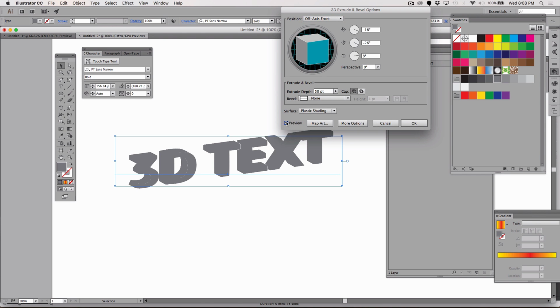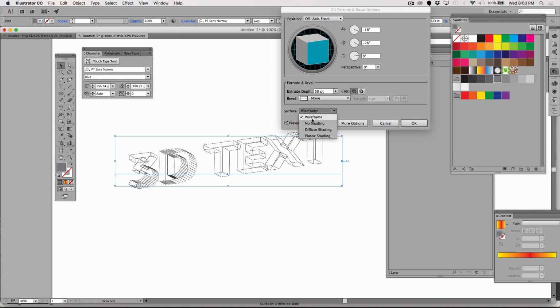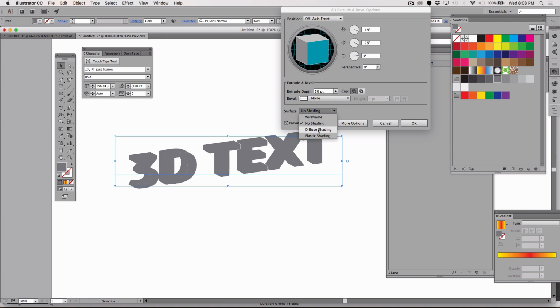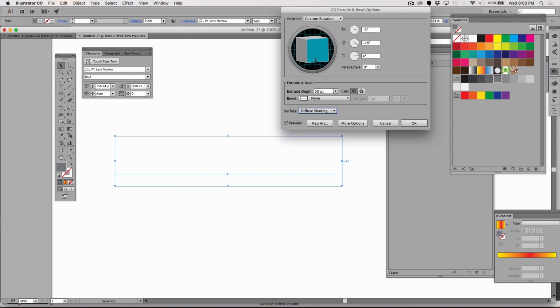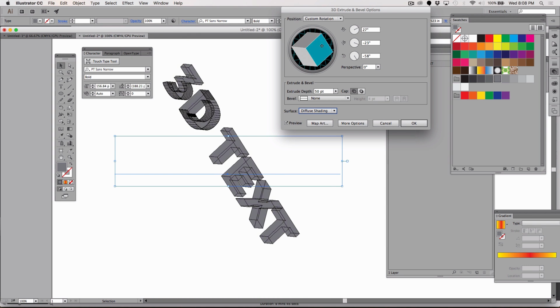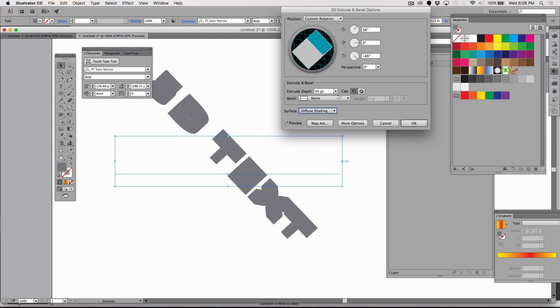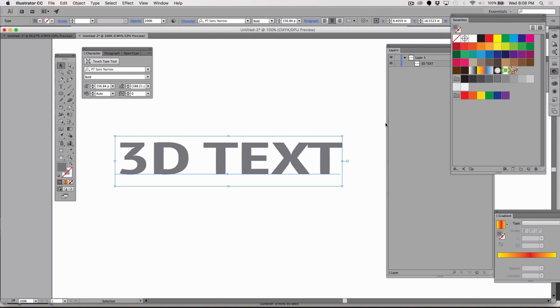Not so exciting. Part of that is because there's really not any bevel on it, and also because of the lighting. I have plastic shading, diffuse shading, wireframe, no shading, and diffuse shading. If I start turning this little cube, this is changing the angle that my 3D text is at, which is really not helping all that much. So I'm going to click cancel, and then I'm going to change the text color, because that's kind of key